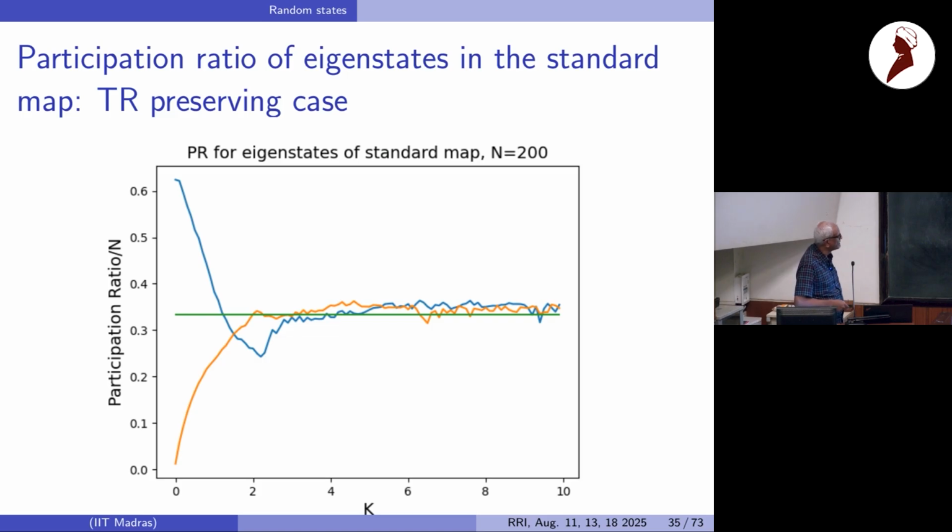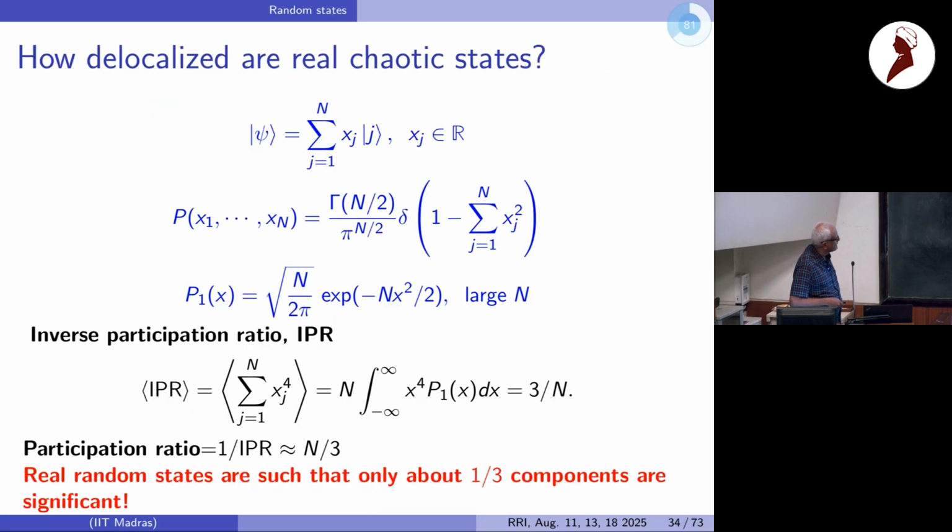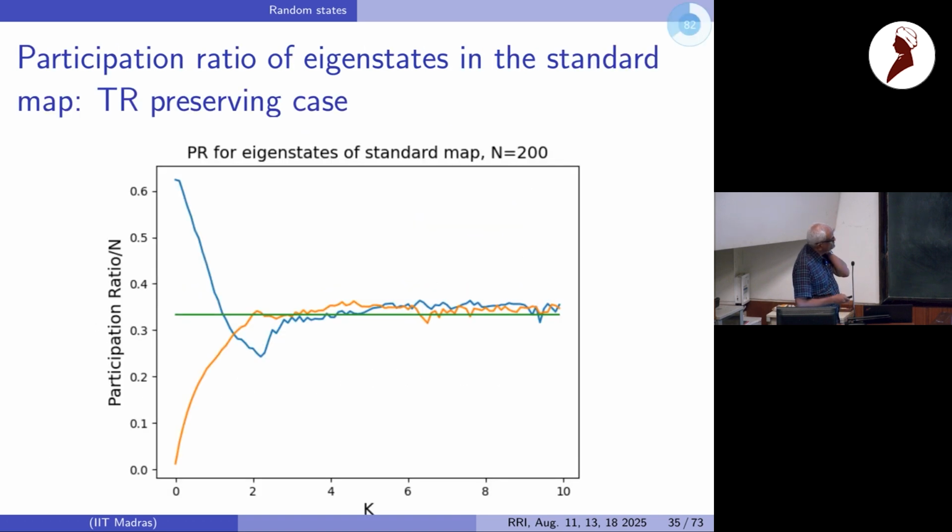Remember that as k grows above 5, there is a transition to chaos. K equal to 0 is integrable. And if you notice here, I haven't said anything about this basis. One assumes that this statement is independent of the basis; typical statements are independent of the basis. So here I've taken two bases. This will be the momentum basis, this red one.